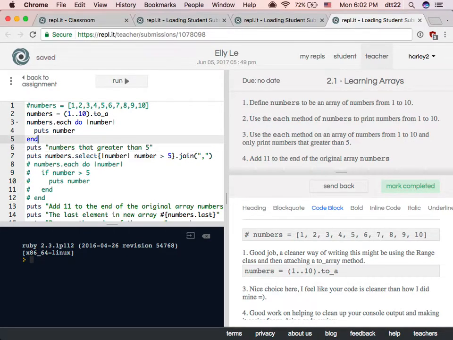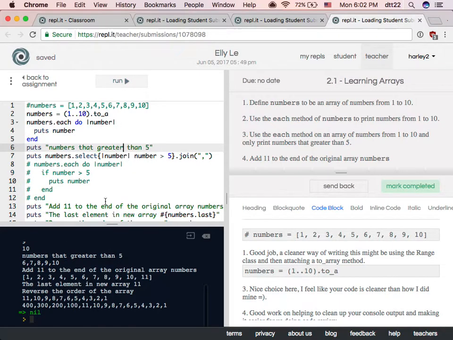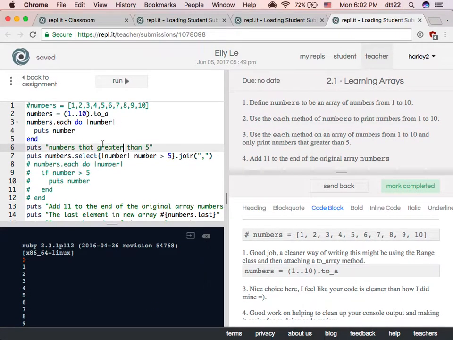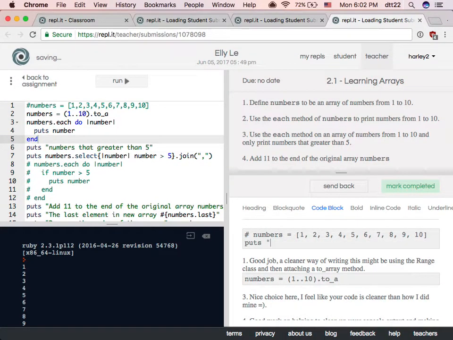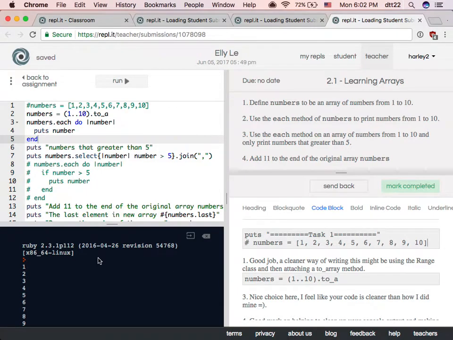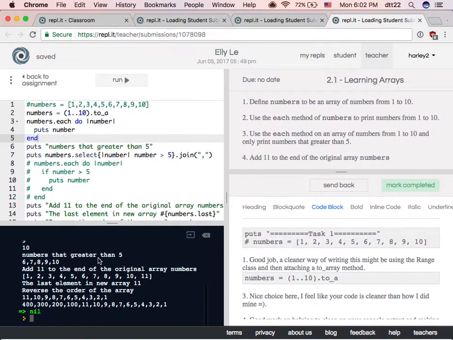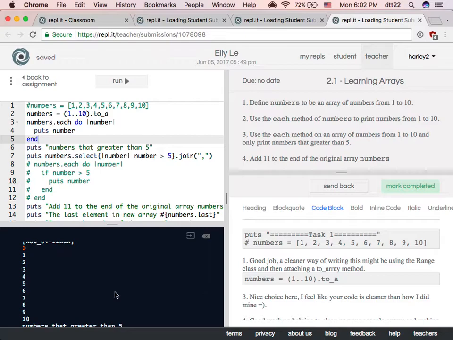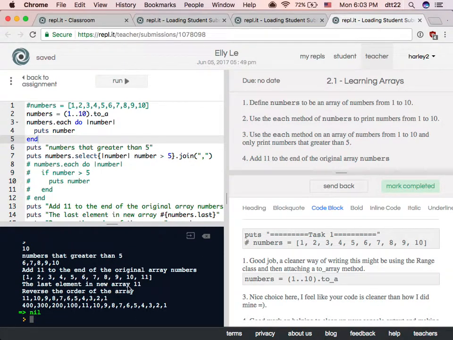Okay, next, here after each exercise, try to make it clear. I have task 1, 2, 3, 4. So feel free to add some marker, like you can put task 1, right? And then you can even do this if you want to make it easy for you to see. Feel free to do something to make it very obvious. It's up to you, but you see that if you do it this way, it's harder to know what you're doing. It's easier for you guys too, right? Creating your own code, right?